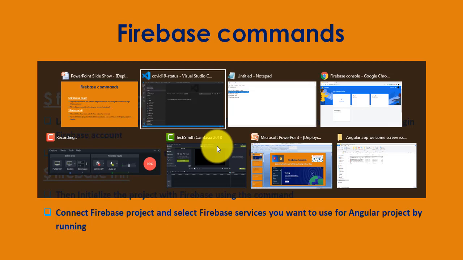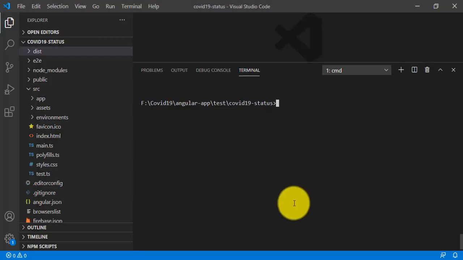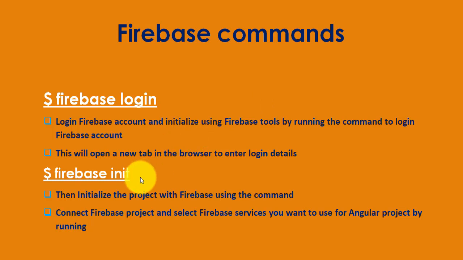So go to my notepad, the firebase login command I copied here. Go to Visual Studio Code, paste here. So it will ask for your account authentication as I mentioned here.